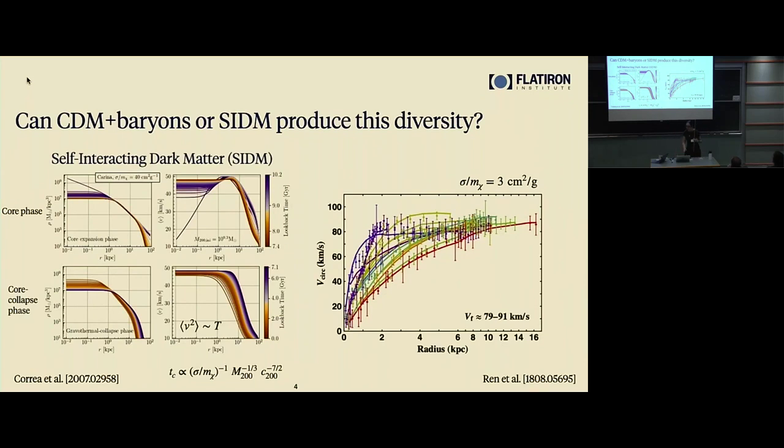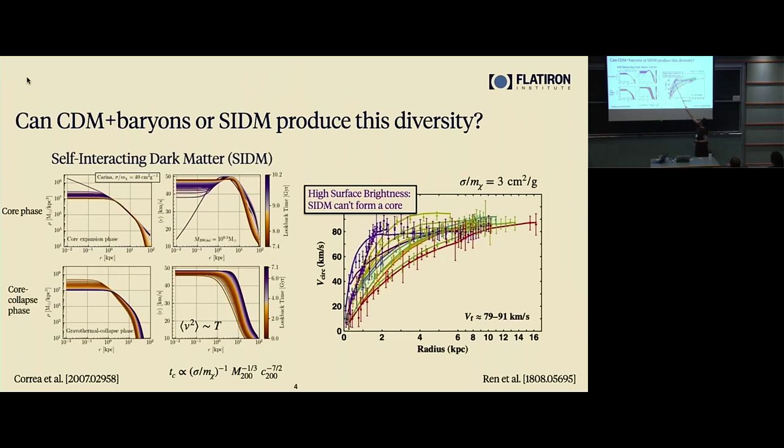And the second case, which Robin also alluded to, was presented in Ren et al. And as Robin said, the self-interactions basically tie together the baryonic and the dark matter components. And so what happens is, they fit these profiles with surface brightness profiles. So this is from the SPARC data. And what they showed was these high surface brightness galaxies, SIDM can't form a core, but you tie the baryons and the dark matter very nicely together.